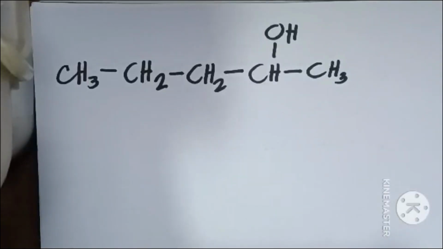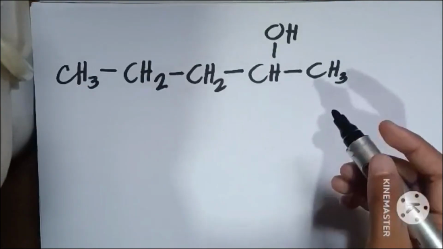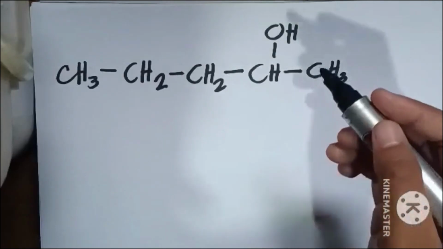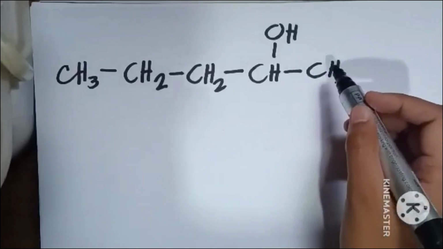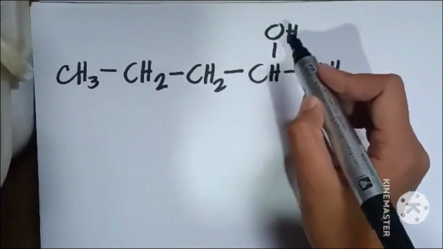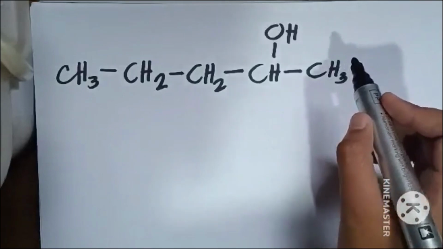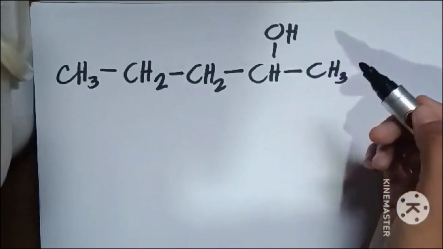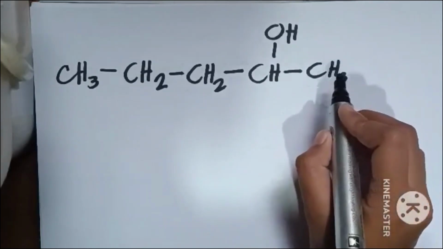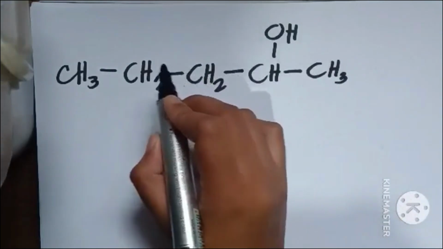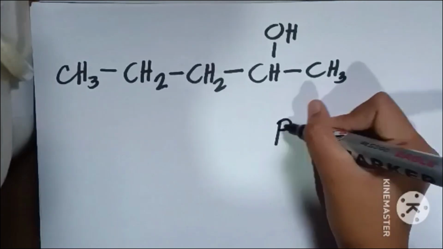So what about the condensed structural formula of this one? The first step is we need to count the longest carbon chain. But for this example, we need to start to count here because we need to remember that our priority is alcohol. So we need to count the nearest alcohol or hydroxyl group. It is located here, so we count from right to left. 1, 2, 3, 4, 5. Since it has 5 carbons, we name it pentane